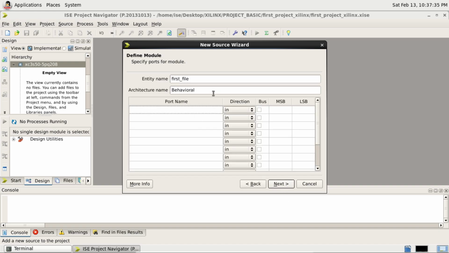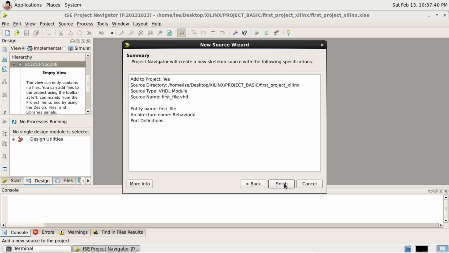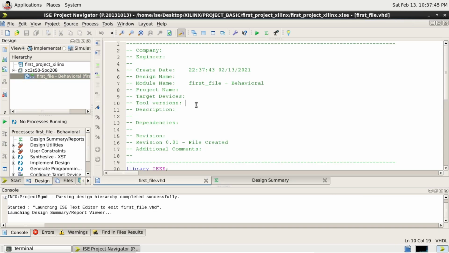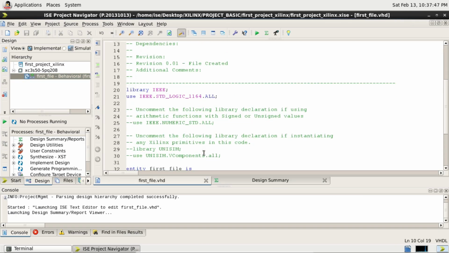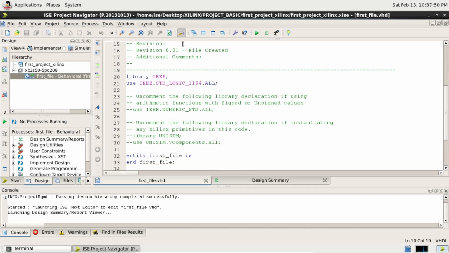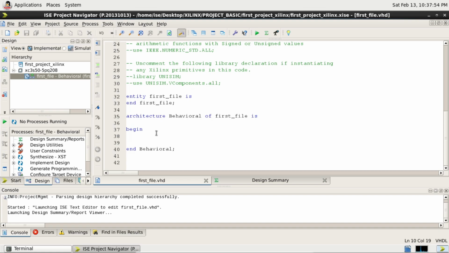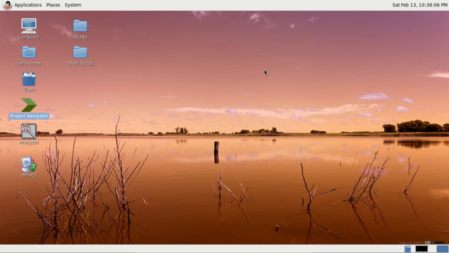And after that you can see the many types of input and output. It will help you whenever you create, suppose, input and output ports. Just click on Finish, and you can see the code has come. And you will code in this text editor, so it has opened and you can start your program. So you can click on the above things. You can see the launching design summary report viewer, and you can click on the run button, and also you can click this. And this code file is .vhd, and I will show you how to close it.